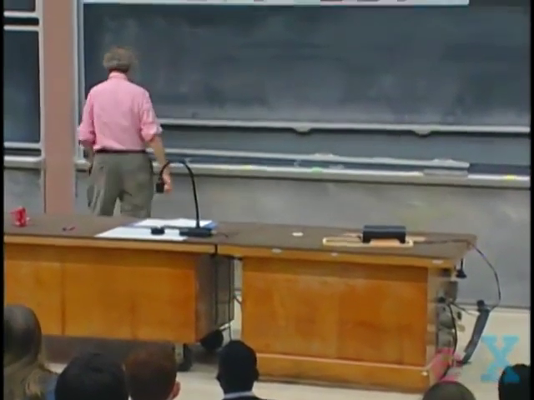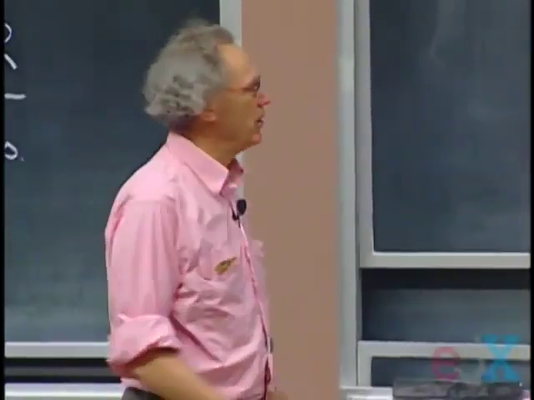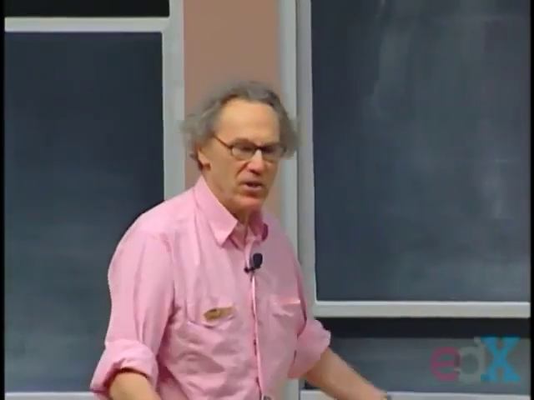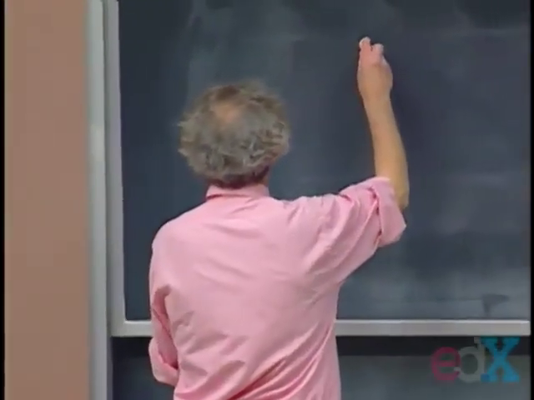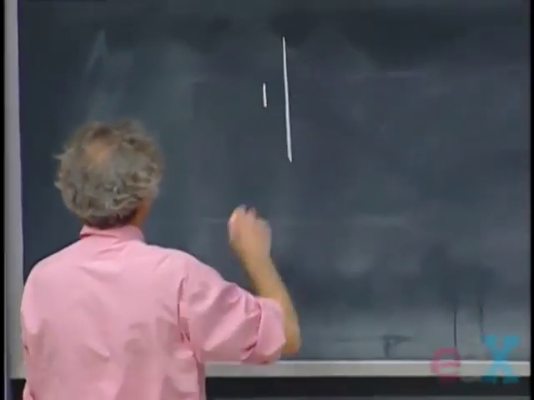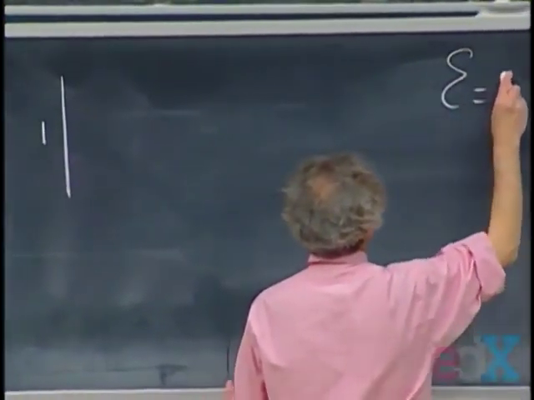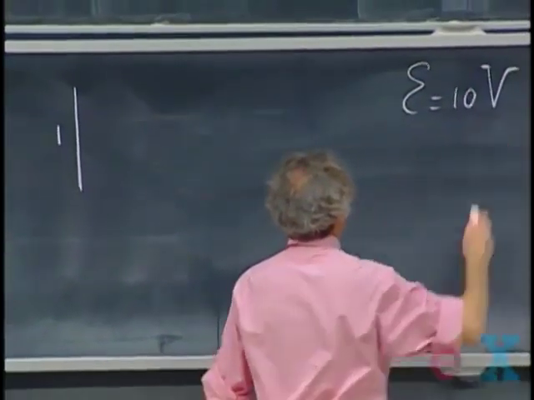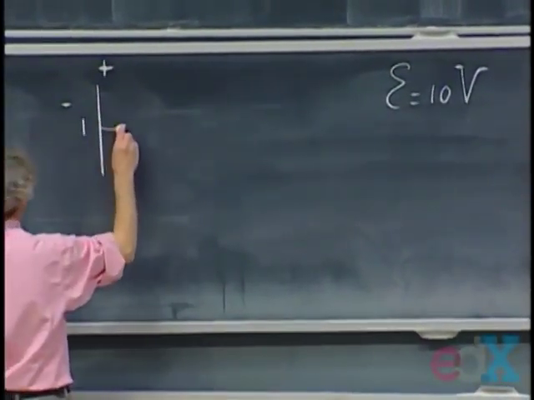I give here a problem in which I actually give numbers. On the exam, you won't see any numbers even, not in the sense of resistances, ohms, and so on, because there's no calculator necessary. But here you will see some numbers. This is a battery, and this battery has an EMF, which is 10 volts. That's a given. Plus, minus.